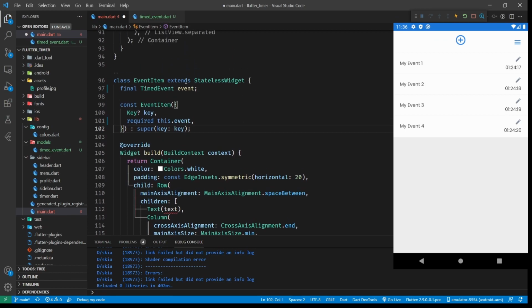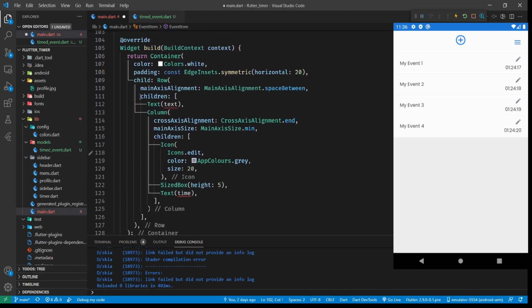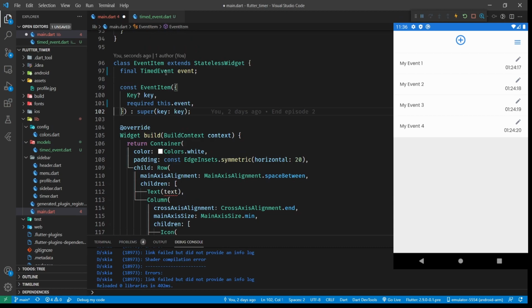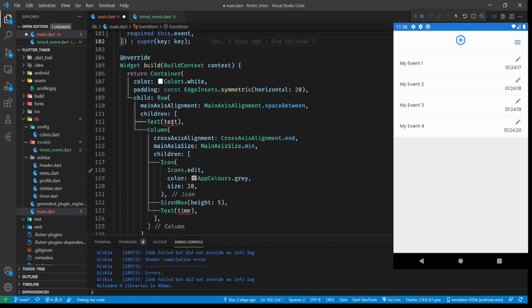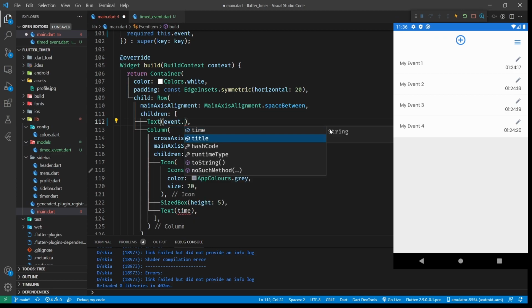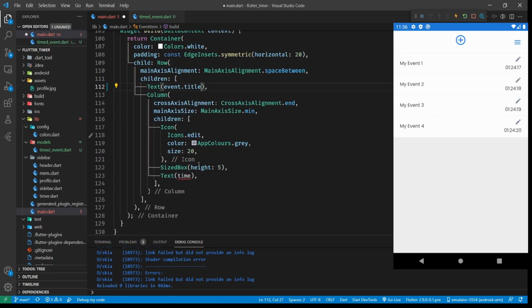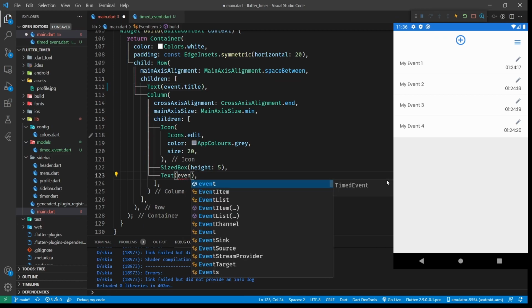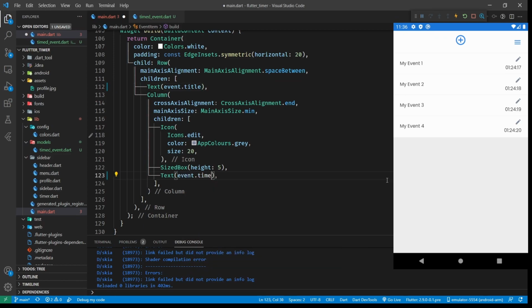Excellent. So we're getting there. But now text, we've just deleted text from this widget. So where do we get the text from? Well, we get the text from the event that we've passed in, and we can see that we have access to the properties on there, and we want the text to be the title, and down here the time is going to be the event time,